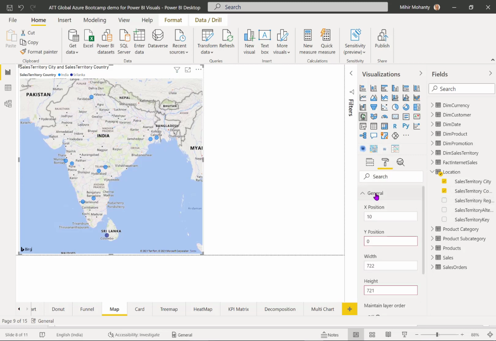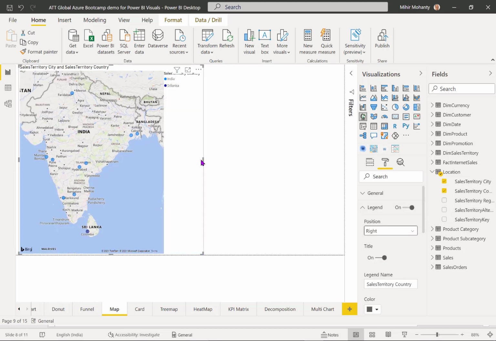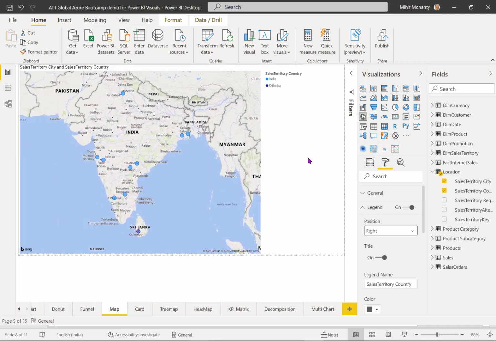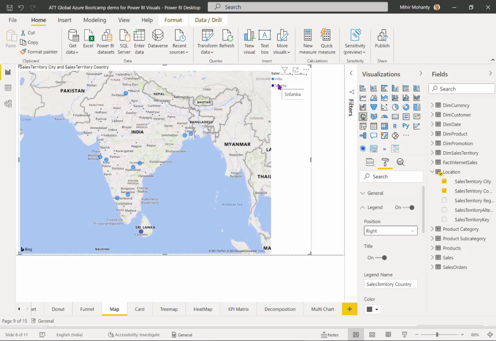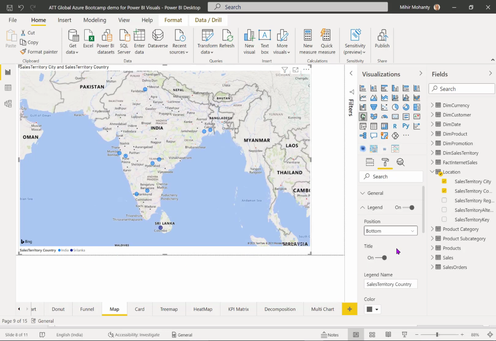There are a few things you need to remember whenever you plot a visual on the basis of a map. You can come over here and see the legends. The legends can be put on top, bottom, left, right. If I bring it over here, you can see the country names have been moved from the top to the right side view. So you can see how the changes reflect on the spot, and you can navigate those changes and get going. You can also put a title.